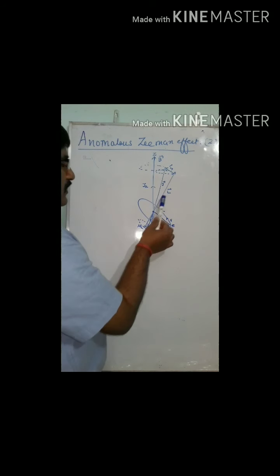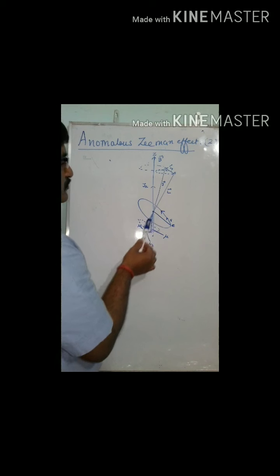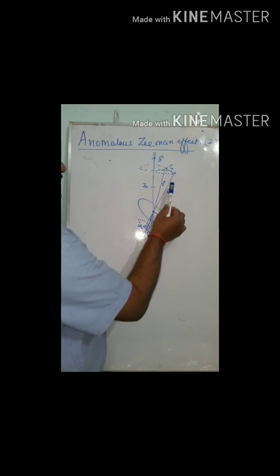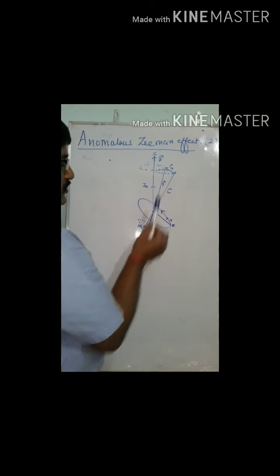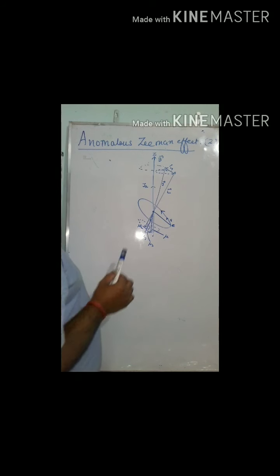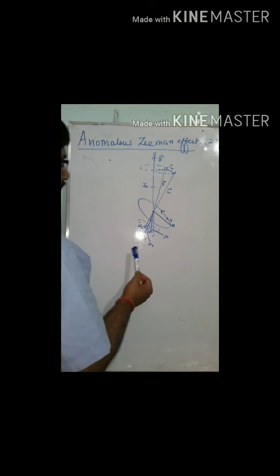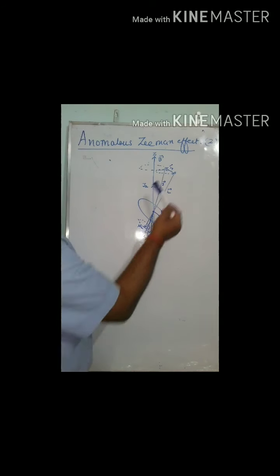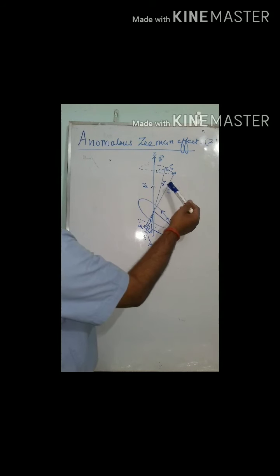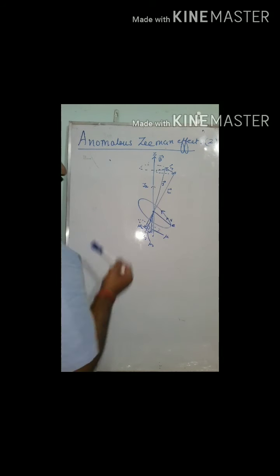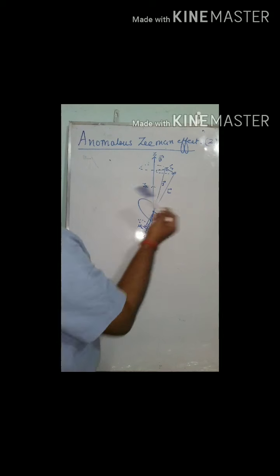As L is along this direction, the magnetic moment of L, given as mu L, will be along this direction. And S along this direction, then mu S will be along this direction, because the electron is a negatively charged particle. So the orbital and spin magnetic components will be opposite to each other, meaning angular momentum L and magnetic moment mu are opposite to each other.